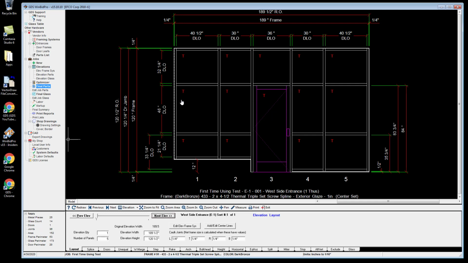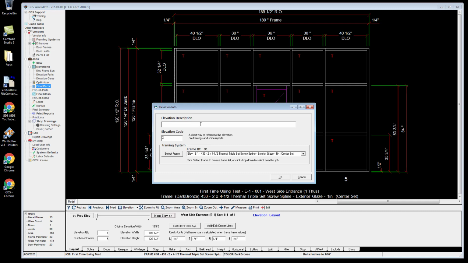And we've already entered an elevation. We've talked about the menu tree and some of the other drawing tools and used them here. So let's go on to creating another elevation in this job we already have. There's a few ways to do that. I can actually go to elevations and click the add new button. I can click this drop down and hit create new, or I can just hit next elevation. So for this one, let's just call it east side